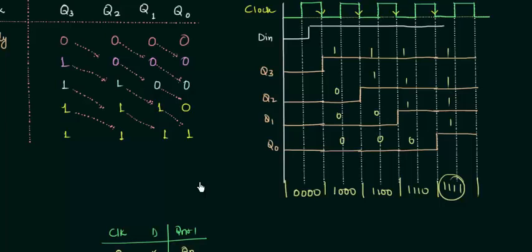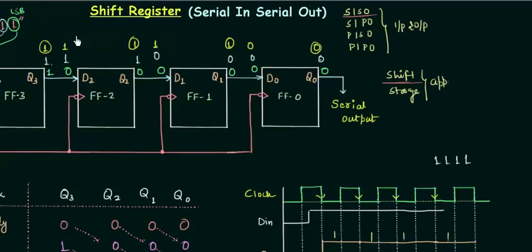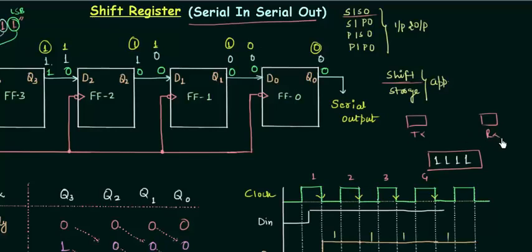Now what are the uses of this shift register, especially if I talk about the serial in and serial out? In this you can clearly see we need 4 clock pulses, 1 2 3 4. We need 4 clock pulses to store a 4-bit number, and it is very beneficial when we have a long distance transmission. For example, if this is your transmitter and this one is your receiver, and the distance between them is, let's say, 5 kilometers, and the data is entered in serial manner, for this we require only one conductor.